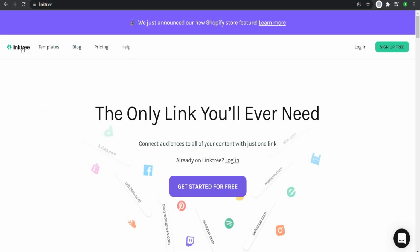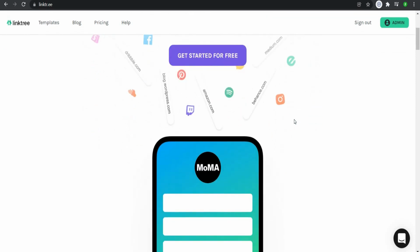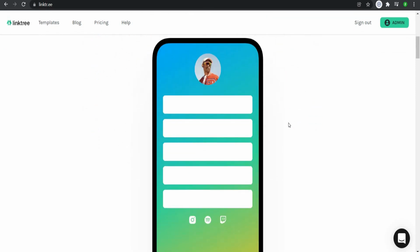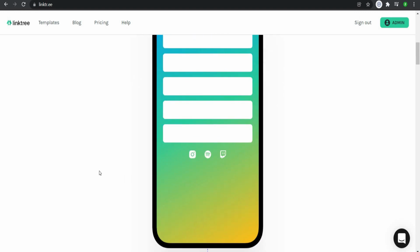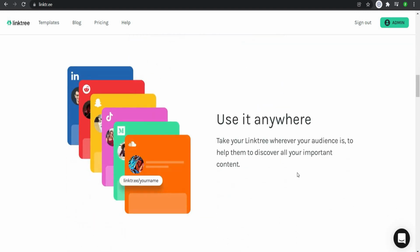To begin, we'll go to Linktree, a website that allows us to aggregate all of our links in one place. You can insert one free link in this blank. You can see it here. You can manage all of your links in one spot when you use Linktree. When you share your unique link to other sites on the internet, it will reflect the many links offers you